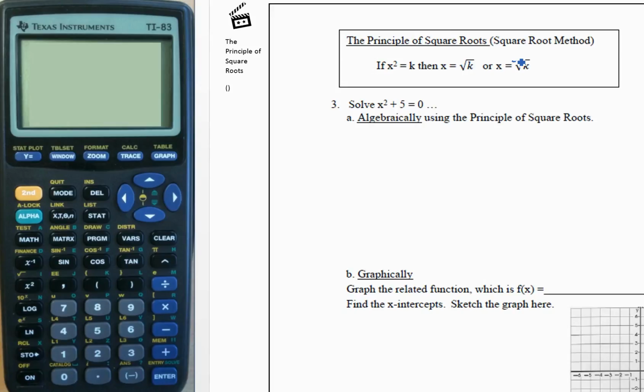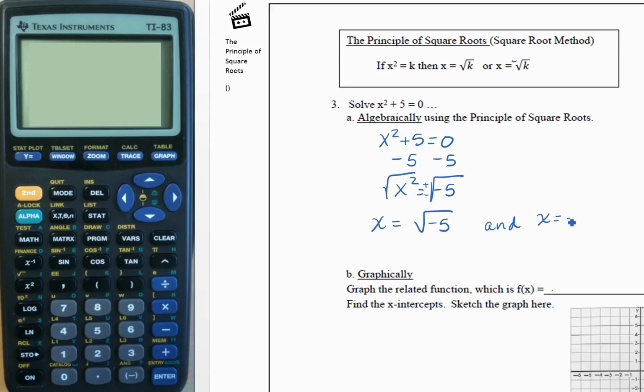Okay, so here it says solve x squared plus 5 equals 0. So the first thing we're going to do is subtract 5 from both sides. So that gives us x squared equals negative 5. Now we want to take the square root of both sides. When we take the square root, we're going to get plus or minus. So we're going to get x equals the square root of negative 5 and x equals negative the square root